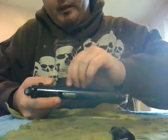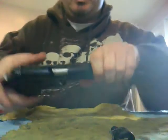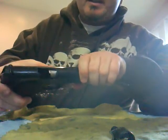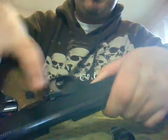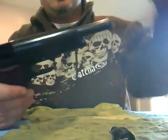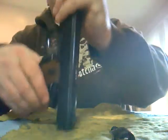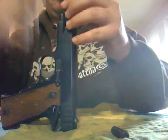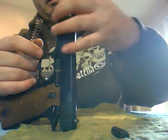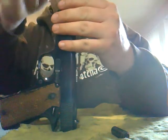So I put my pin in. Now what you're going to want to do is put some pressure on it and rack it at the same time. And it's going to fall in the little groove right there. Now you can go ahead and slide it back. Put it down. I go ahead and put the little collar on first, just so I know it's in there. I go ahead and pull the spring out too. It's always in the way. Put the spring back in,